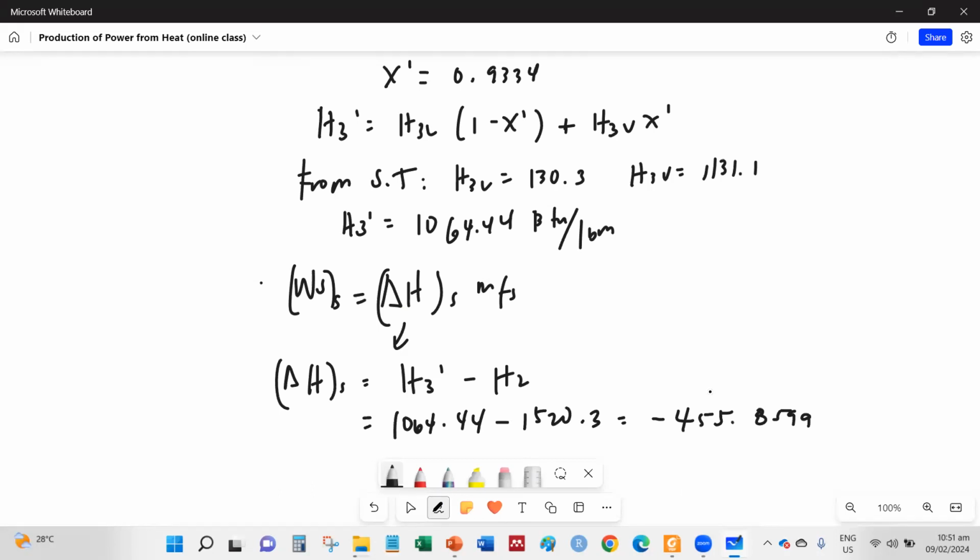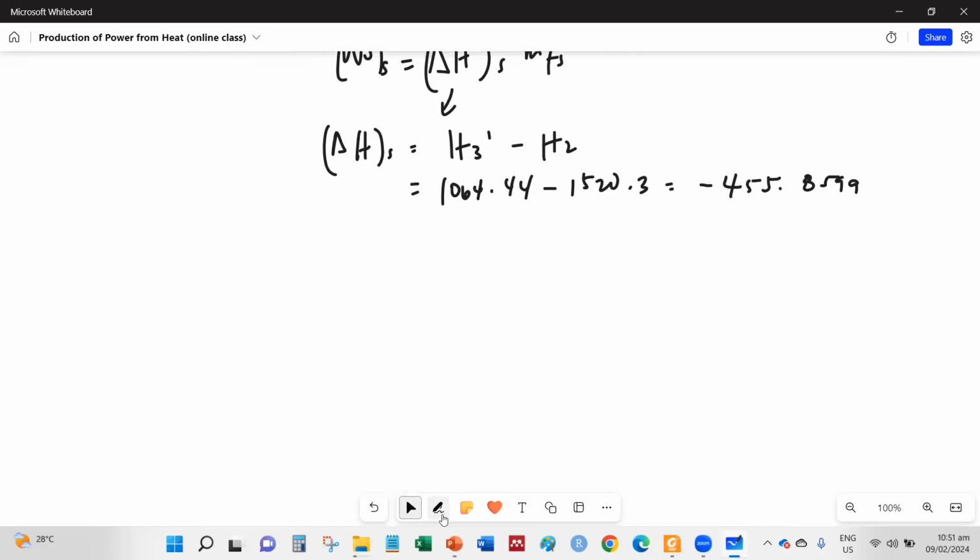Okay, so now that we have the ideal delta HS, we can use it to calculate for the